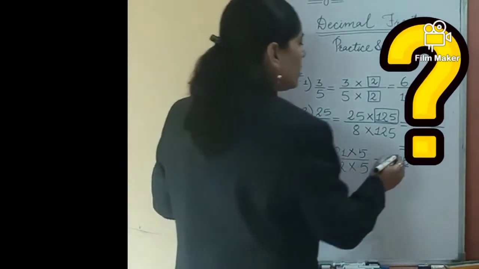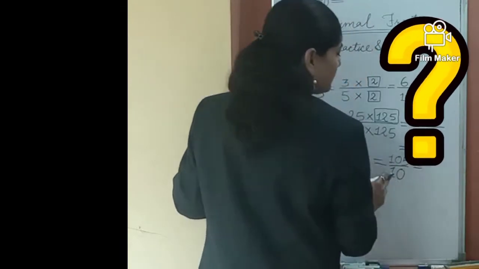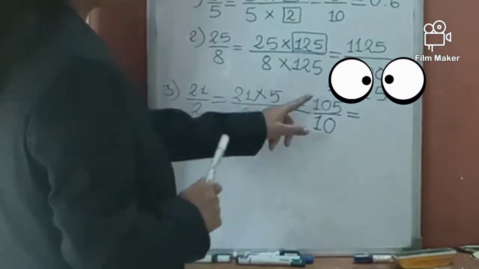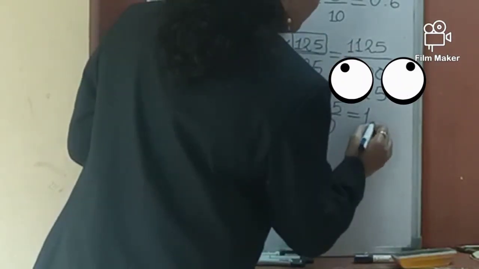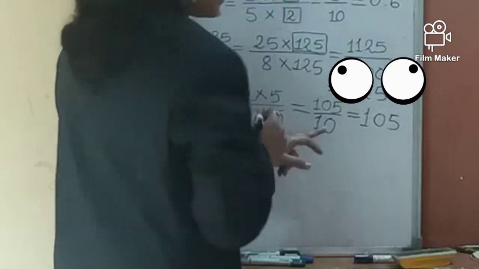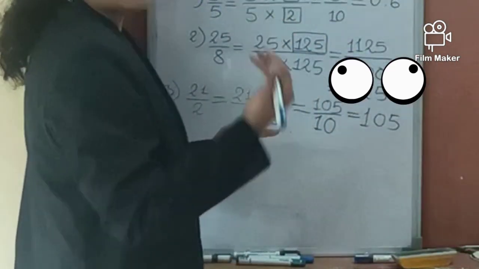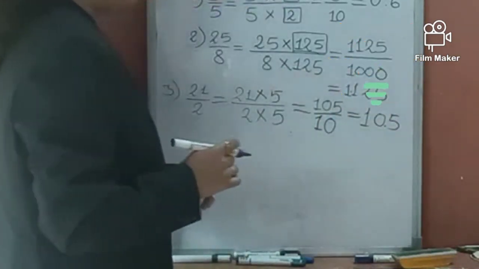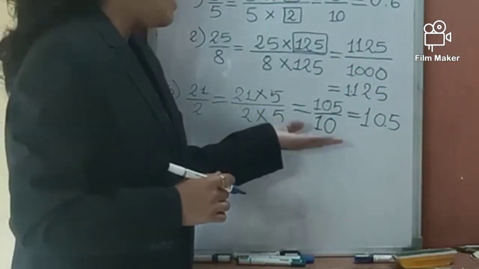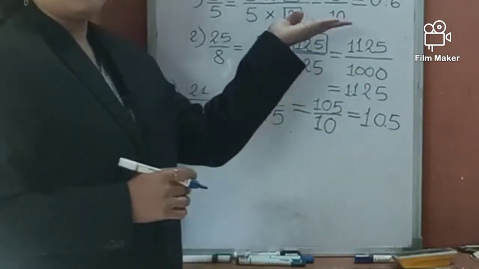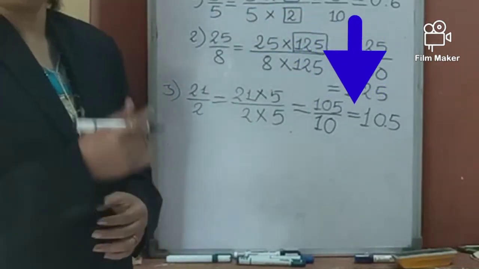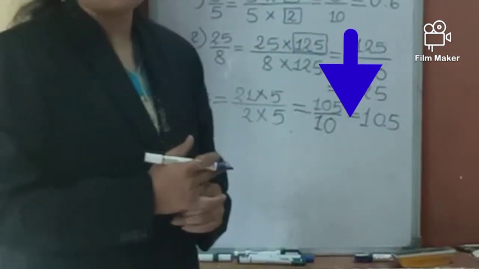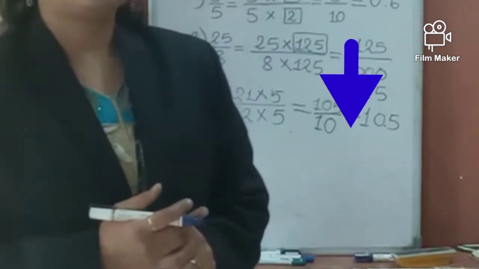Okay, let us convert it into decimal point. So how many zeros are there? Very good. 1 zero is there. Write the number as it is, that is 105, numerator as it is, and we'll count by the right side only 1. So 1 digit, answer is 10.5. Okay. We'll see how many zeros are there in the denominator. As per that, we are putting the point by counting from the right side that much digits.